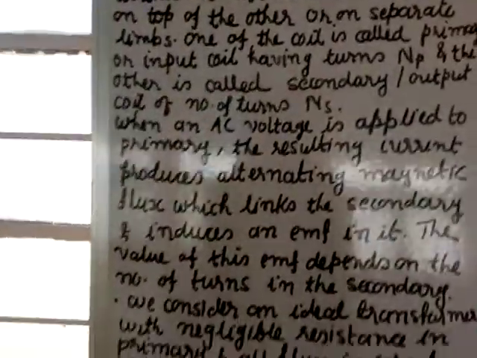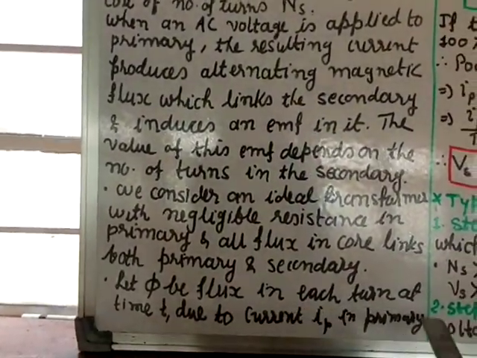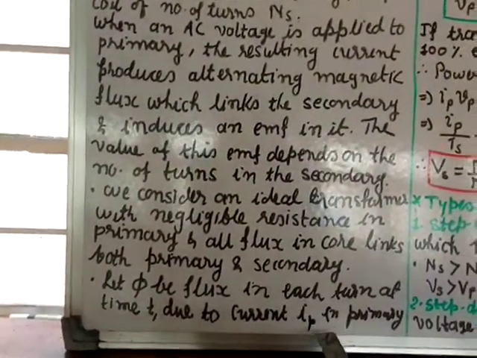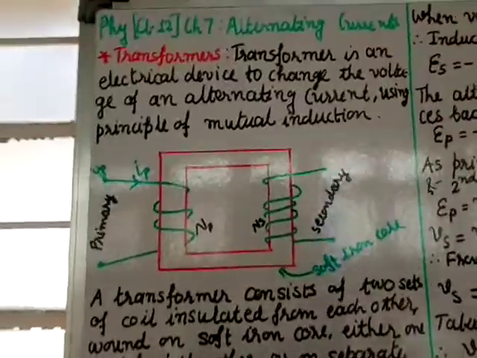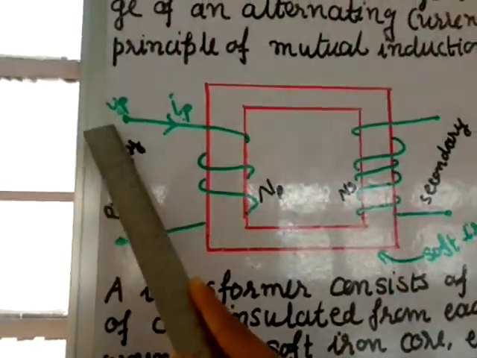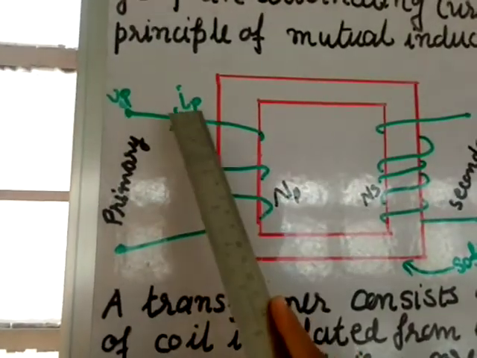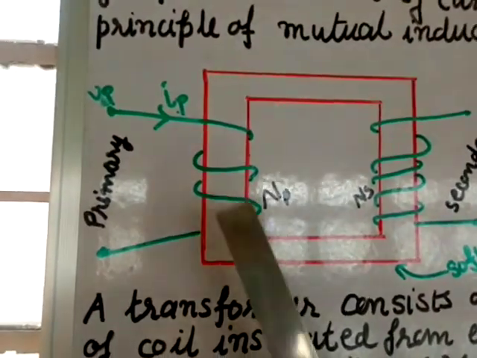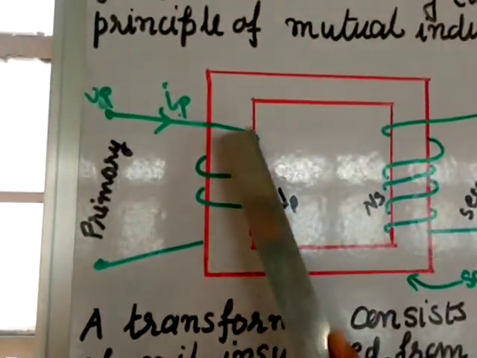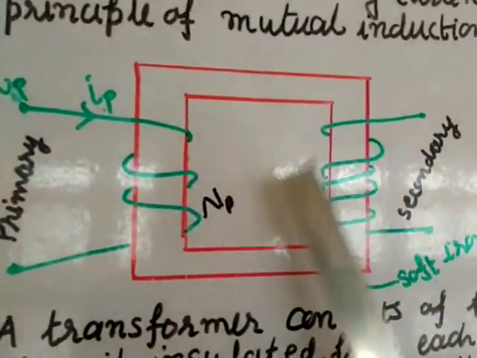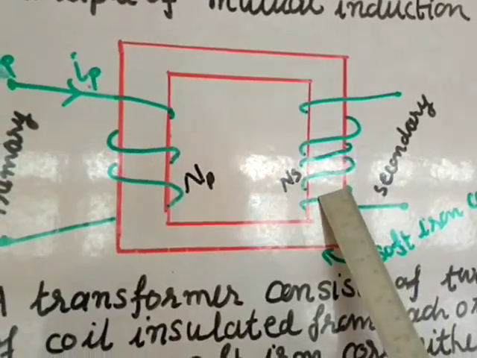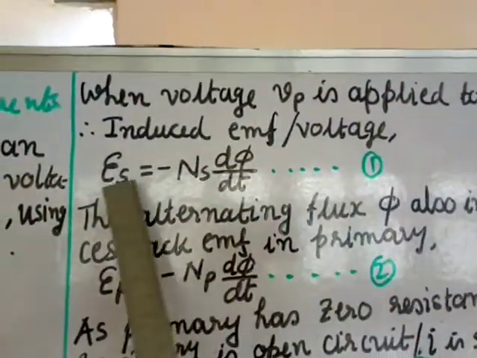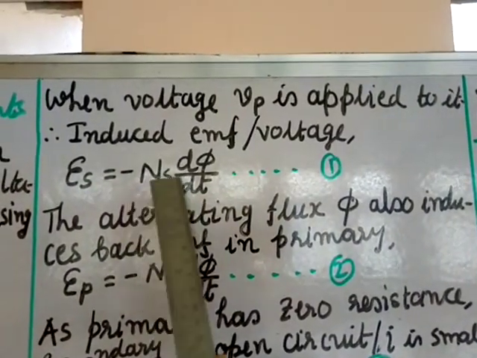Let phi be flux in each turn at time t due to current Ip in primary when voltage Vp is applied to it. So now suppose I am applying the voltage Vp here, then the current Ip is flowing, the current is alternating current, so it will create the flux, and that flux you consider as phi, and that flux will link here, and as I said, there will be induced EMF by Faraday's law of induction, and that we can give as Es is equal to minus Ns d phi by dt,